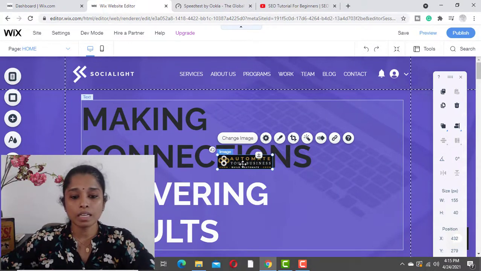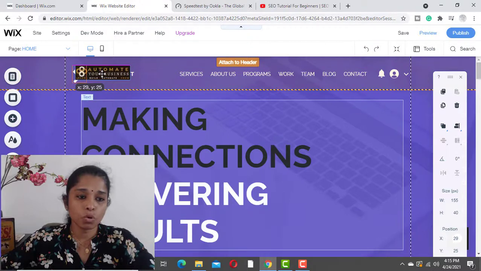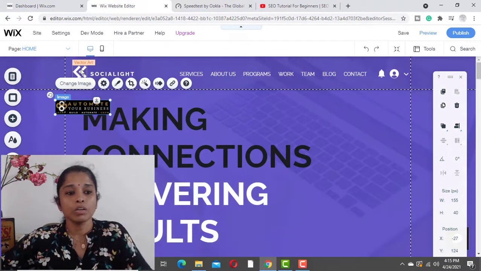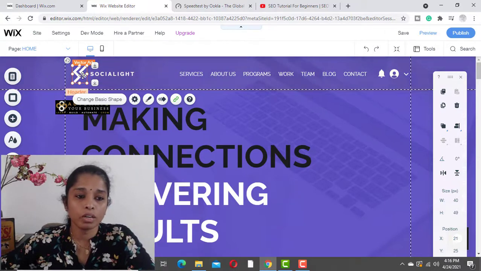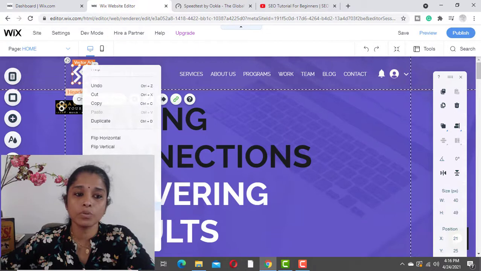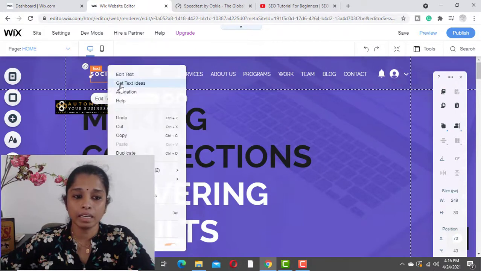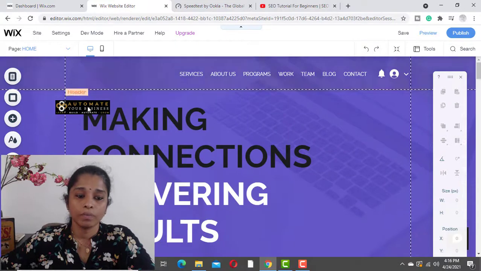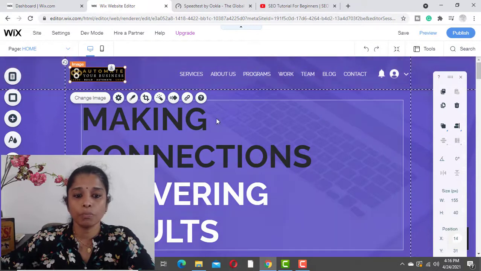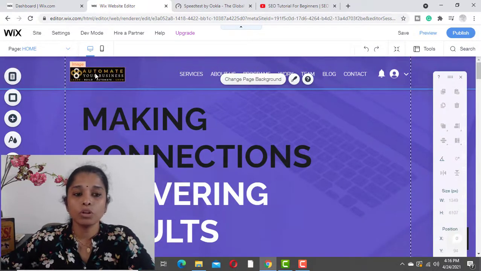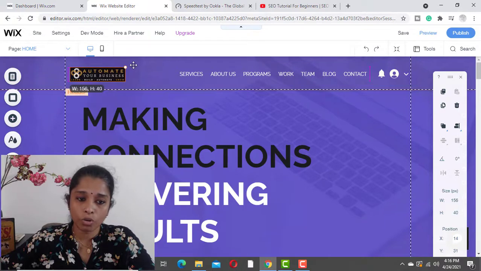What we want to do is drag and drop the image into the image place. Before doing the drag and drop, you can select the old image and delete it using the keyboard delete button, or else you can right click on it and you can see the delete option. Just delete it by right clicking and choosing delete. Now we are going to replace that text and the vector image with our logo image. You can place the logo image in the position of the logo. Yes. If you want to resize this logo, you can drag and drop using the cursor.